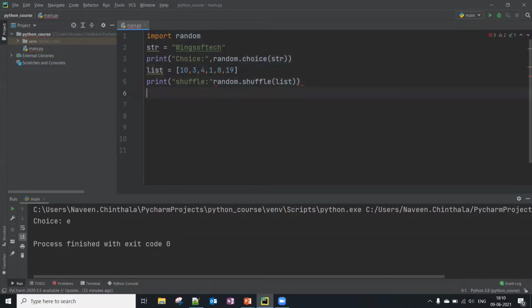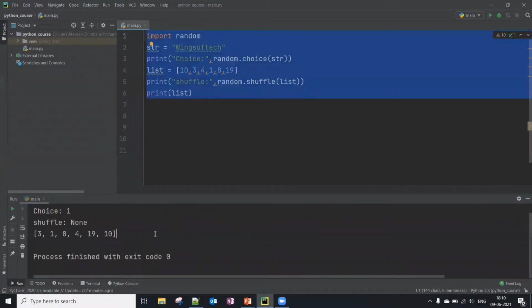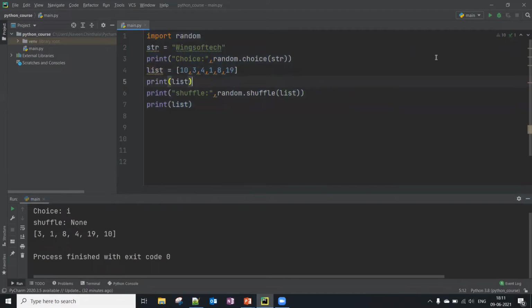Let me give the comma here. Let me print it 2 times, before and after.